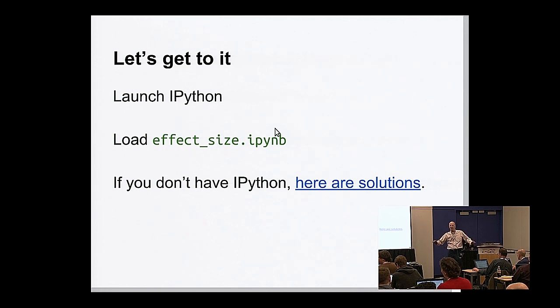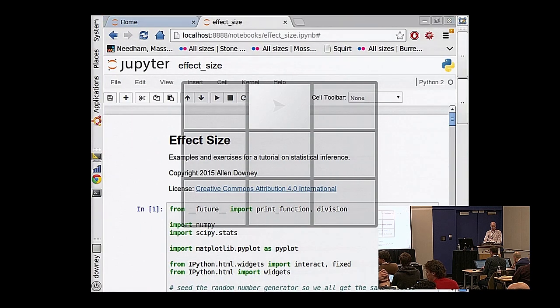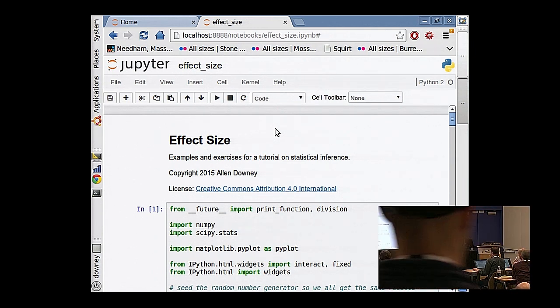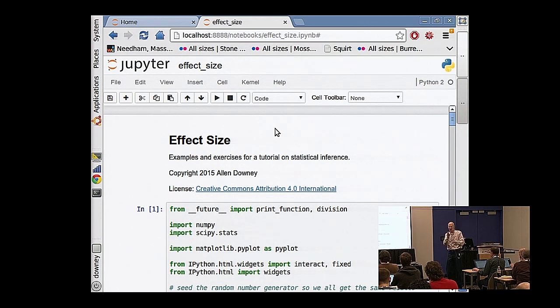Okay, so you've had a couple minutes to get to know each other. Hopefully you are now transitioning into looking at this IPython notebook. If you want, you can run the cells one at a time. If you have used IPython before, you're familiar with this, but just if you haven't used it before: each cell contains a bit of code or the text that I've written. And if you want, you can use shift return to execute each cell one at a time. And the nice thing about that is that you can see the code, and then you see the result, and then you read my text. So that can be a nice way to go through it.